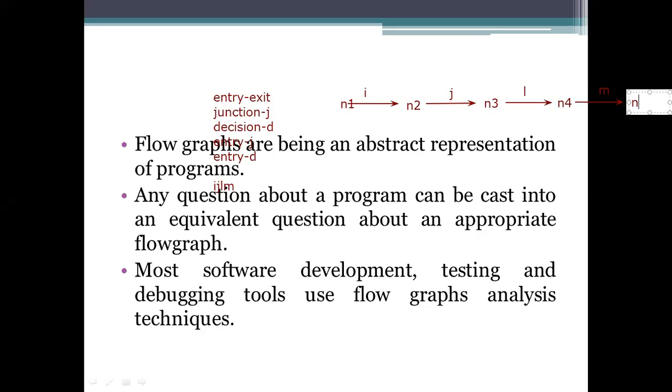Then 5. How many nodes are there? 5 such nodes are there. We are traversing from node 1 to node 5. We are using the links which have been specified as IJLM. So this part, what we have been specifying, has been considered as the links which are being processed, and indeed we are specifying them as path expressions.